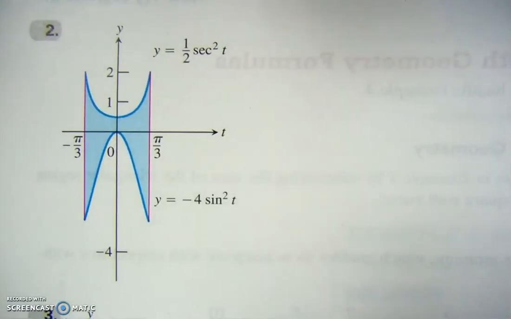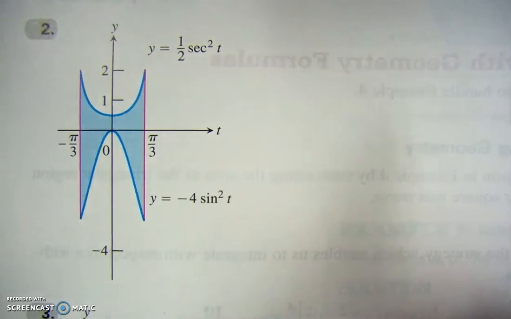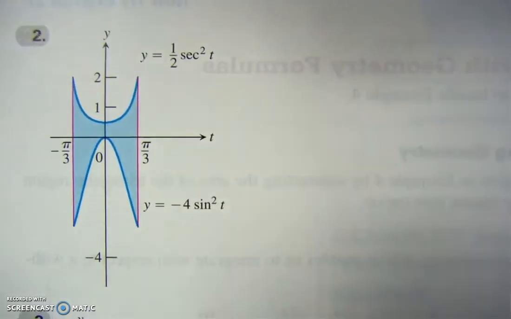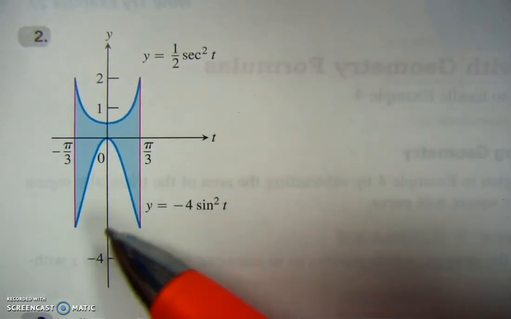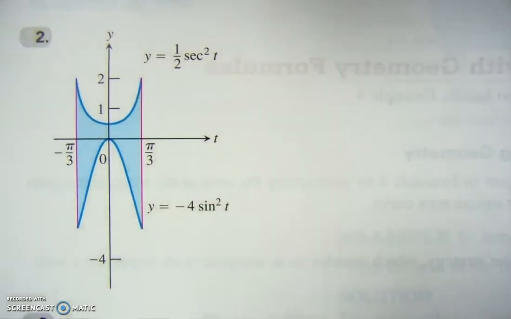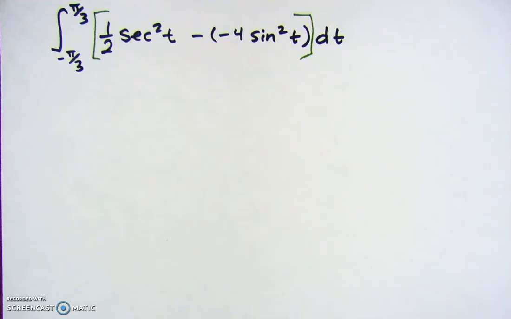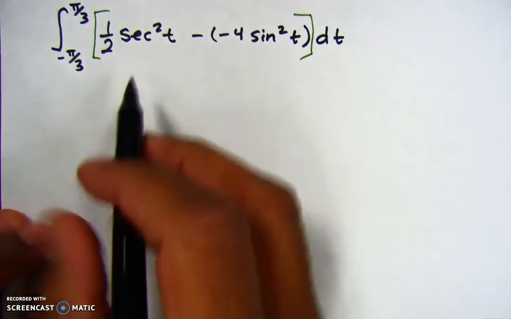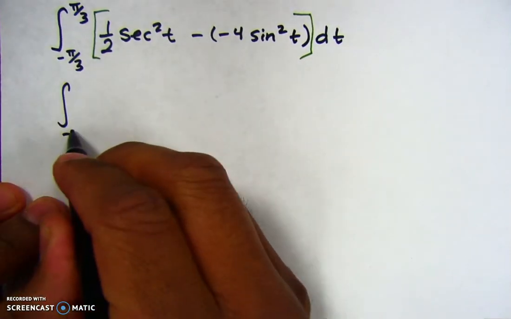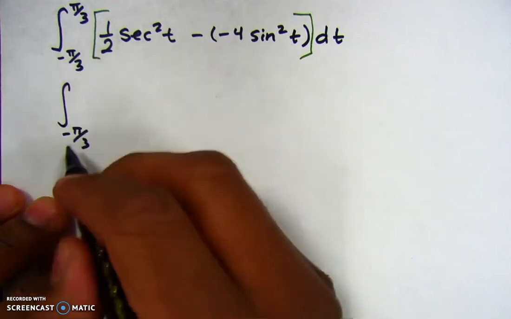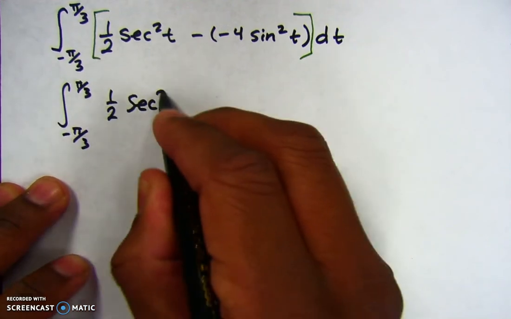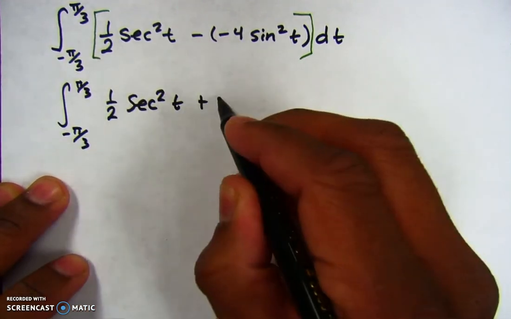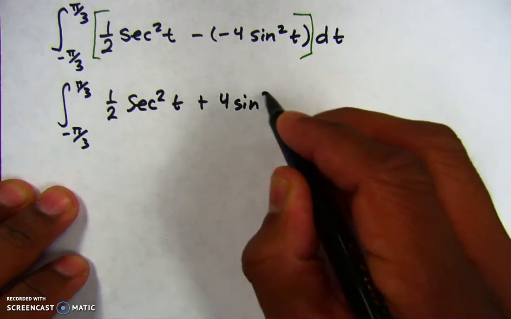Alright, so for problem number 2, on page 402, you have to find the area of the shaded region. So you see that the top function is 1/2 secant squared t, and the lower function is -4 sine squared t. So hopefully your setup looks something like this. And this is the same as integrating from -pi/3 to +pi/3 of 1/2 secant squared t plus 4 sine squared t